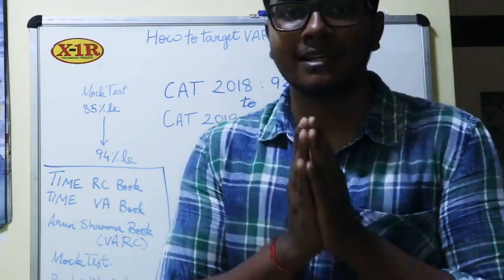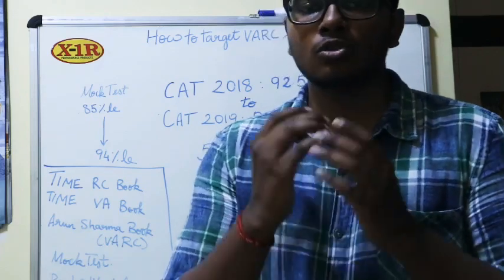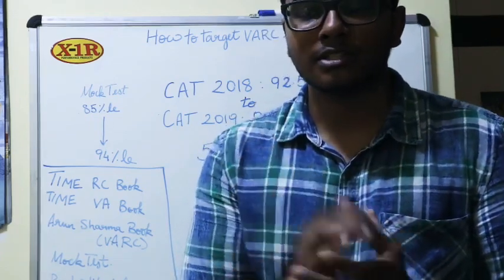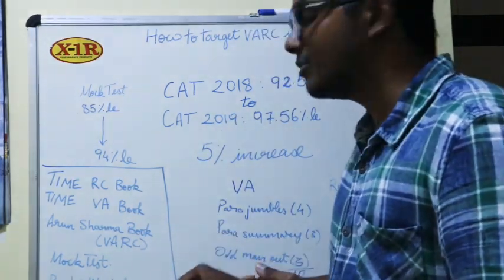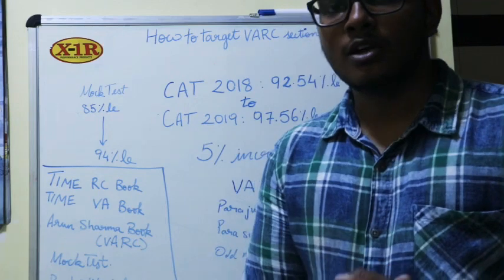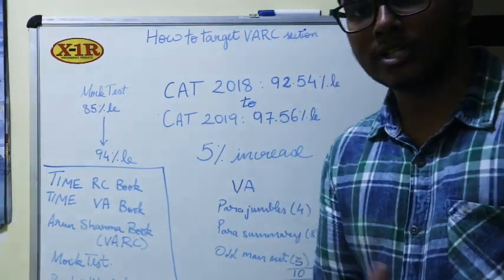When I say analyze, say for the VARC section, you have to go through the verbal ability section. You have to see where you are going wrong, which of these 3 types of questions is your weakness, and where you think you should be able to improve to do your best.